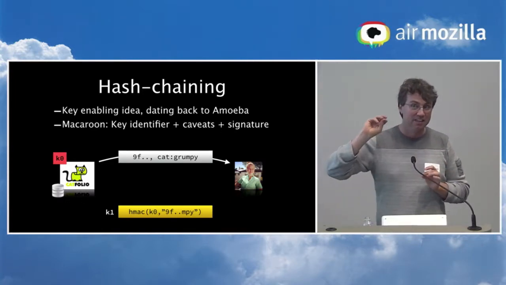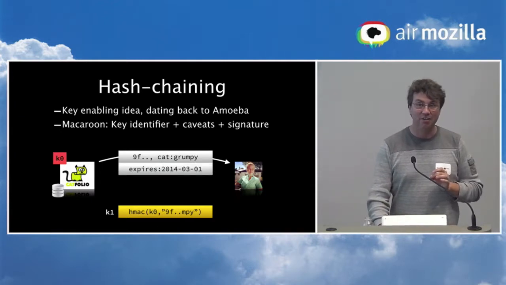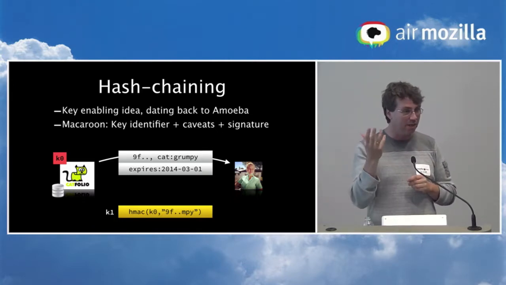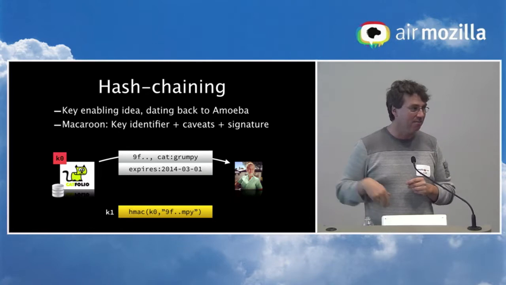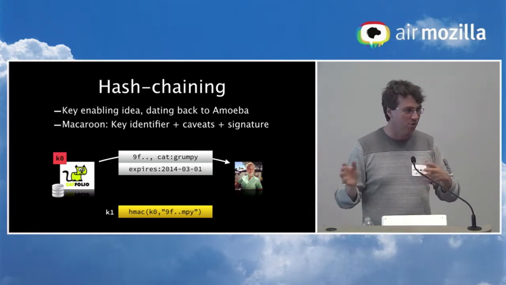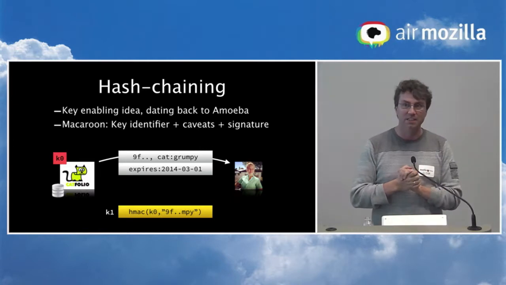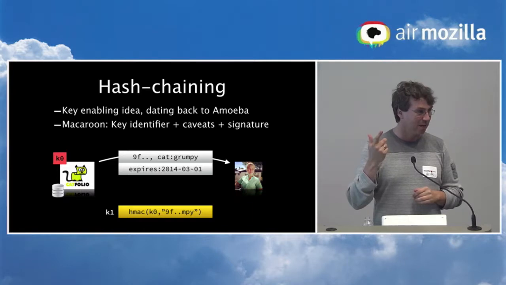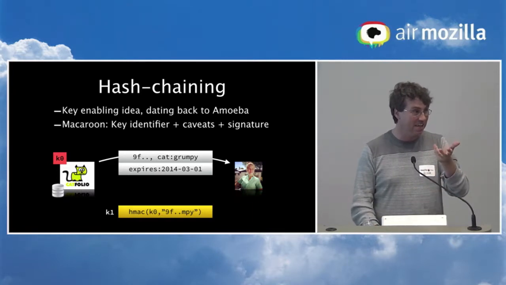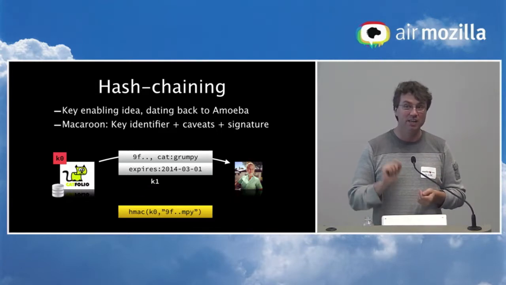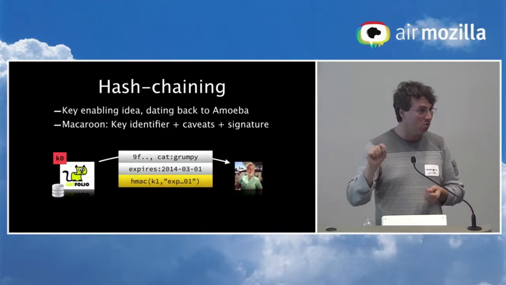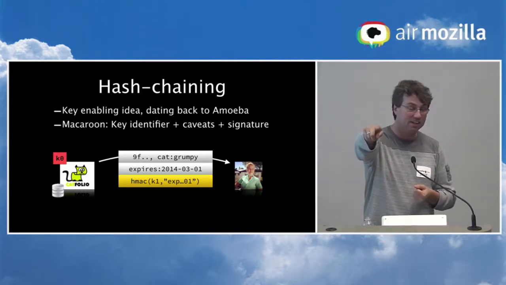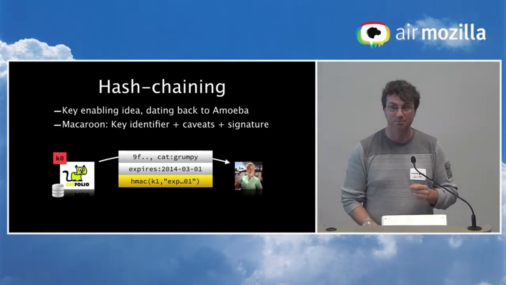So let's take that statement, cat grumpy, and let's add more caveats. Macaroons are cookies with caveats, and what's interesting about them is that anybody holding a macaroon can add as many caveats as they want: only valid within this location, only valid for a short time, or whatever you want. And so here we added a caveat, but now it won't be recognized anymore by the service. So we have to put a correct yellow HMAC value underneath. Instead of the original one, we'll use the old HMAC value as K1, as the key to compute a new one, based on the thing we appended to the existing cookie.